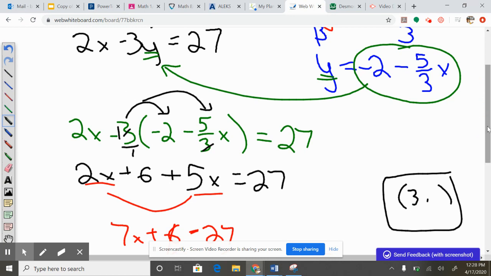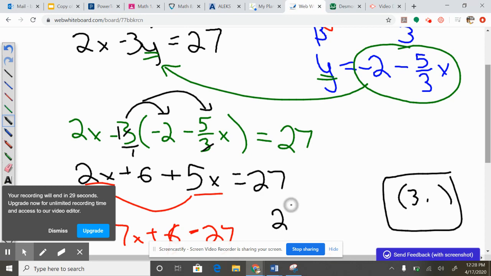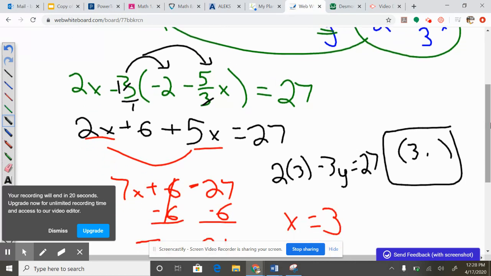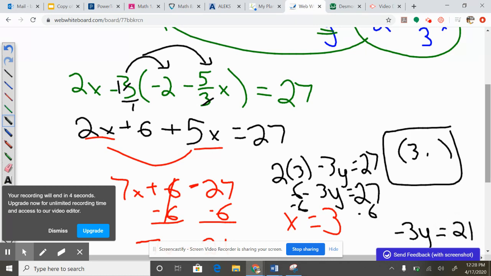So it's going to be 2 times 3 minus 3y equals 27, which would be 6 minus 3y equals 27. Subtract 6 on both sides. Sorry, I'm running out of time here. -3y equals 21. Divide both sides by -3, and you would get -7, and this would be my